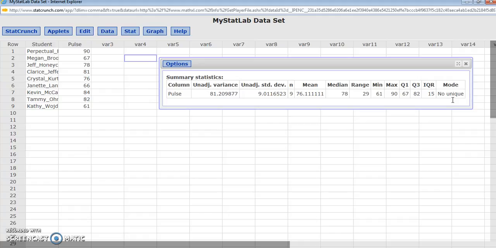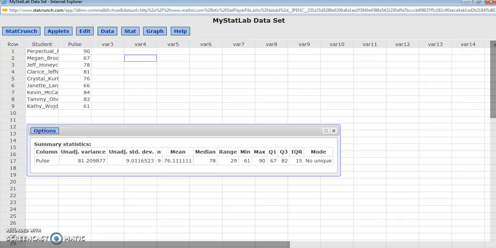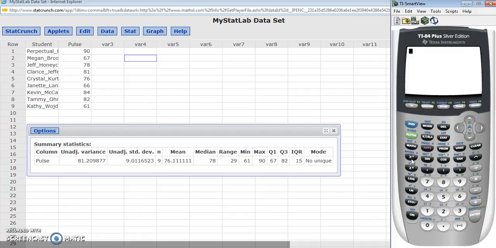So let's look at our calculator and see what it does. So I've already typed in my data values, so I'm going to go to Stat, go over to Calc, and then enter for one variable stat, and then just to get in the habit, I'm going to type in second L1 since my data is in L1, and then enter. So you can see our mean there, and then we're looking at the unadjusted, so our population there, and then